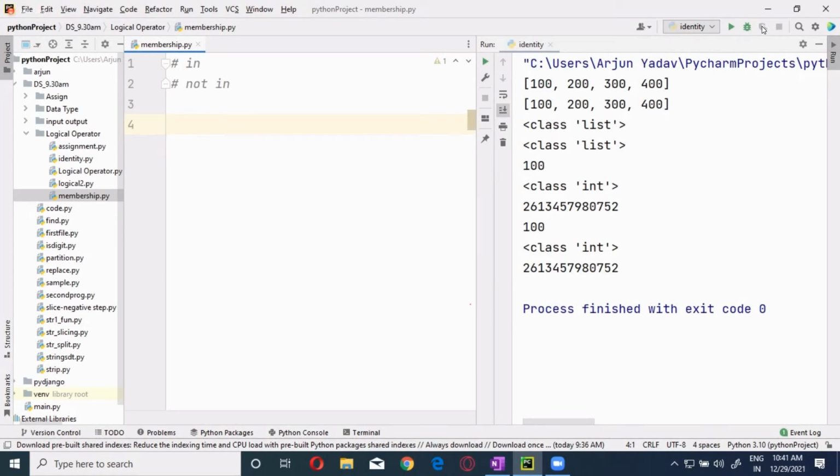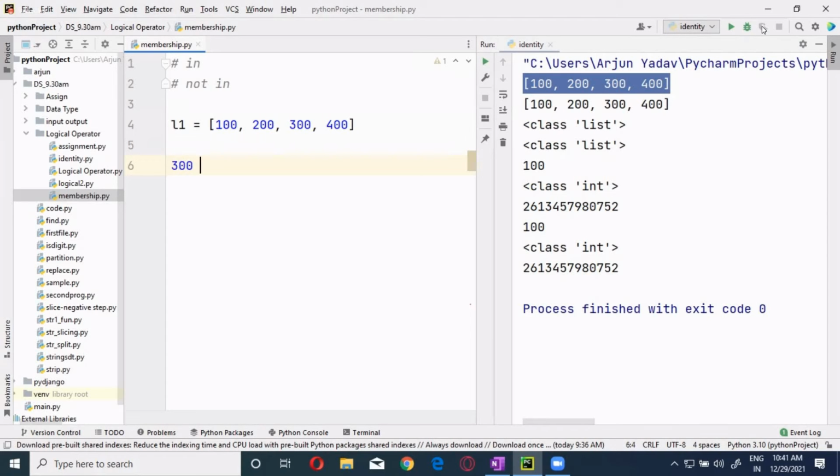For example, we took a list, right? List 1 over here, these are my values. Clear, guys? Now, I want to find out whether 100, or 200, or 300 is there inside this list or not. How will I do it?